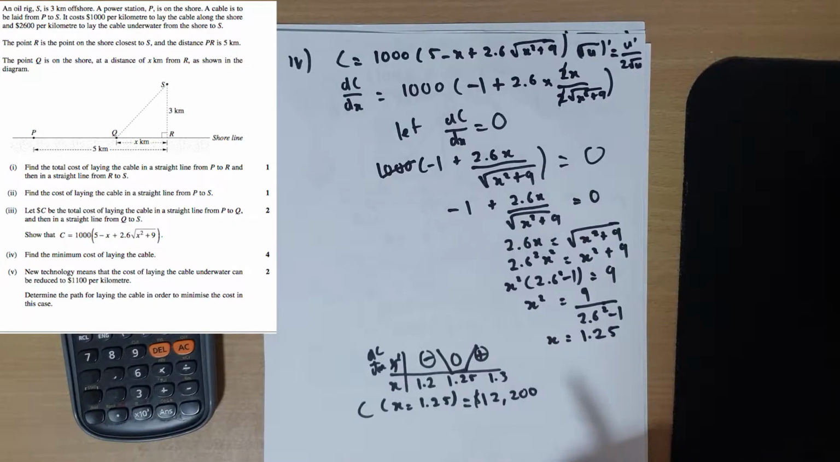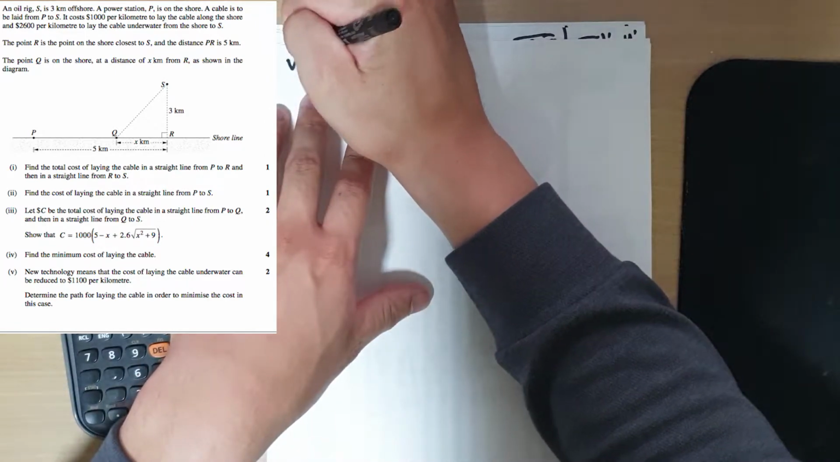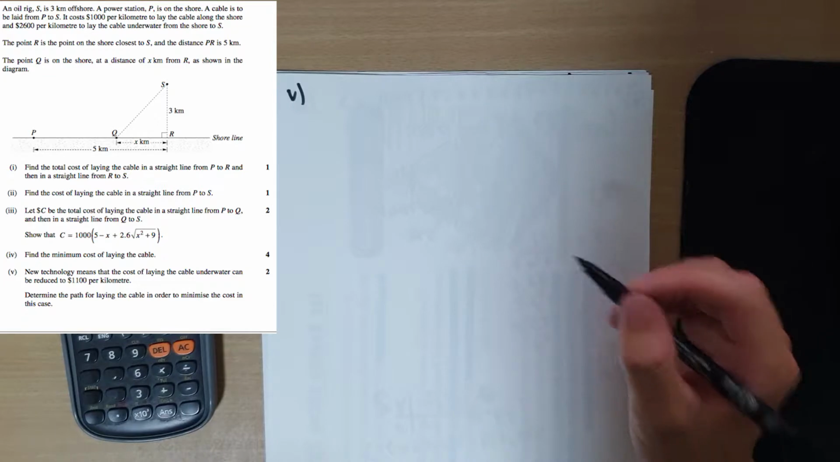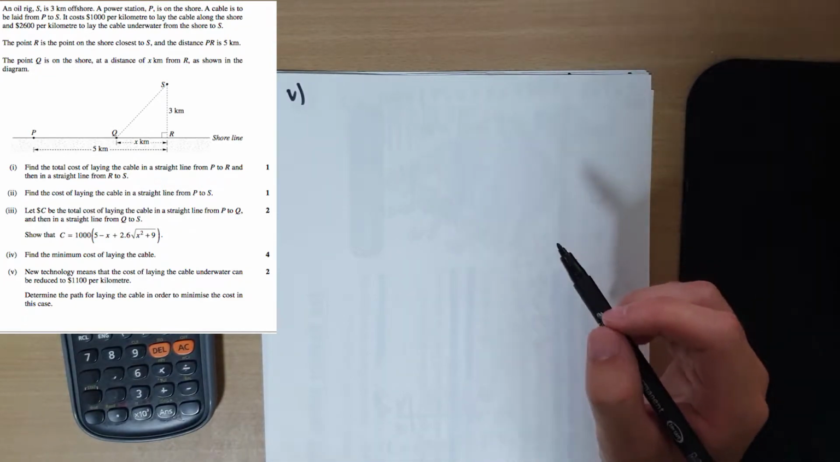Part 5, worth 2 marks. New technology means that the cost of laying the cable underwater can be reduced to 1,100 per kilometer. Determine the path for laying the cable in order to minimize the cost in this case. So